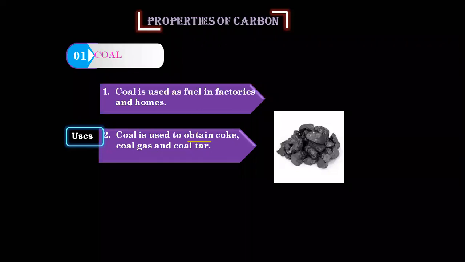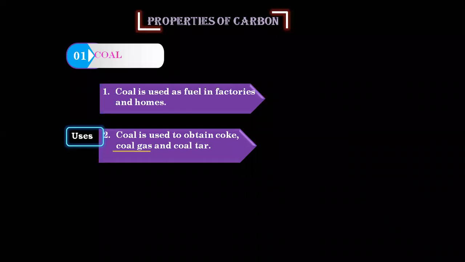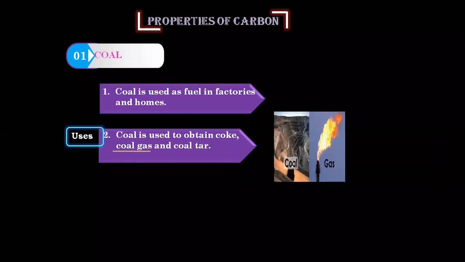Now, basically, students, coal is the rock that is dug out from the ground. That much we know all about, right? And charcoal is the man-made product that is basically made from wood. When we burn wood and keep it after a long time, the thing which we get is called charcoal. And coke is the pure coal that remains when coal gas has been taken away from the coal. As you can see in this picture here, when you're burning coal and the coal gas goes off, we say that is the coke. So coal is used as fuel in factories and homes. Coal is used to obtain coke, coal gas, and coal tar.